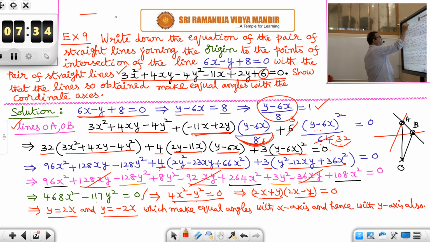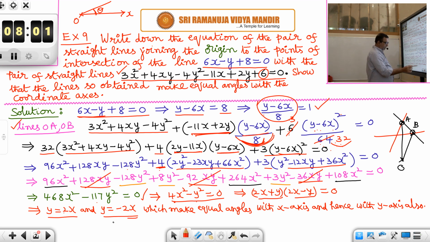So if the x-axis is like this, then y is equal to 2x. Suppose this is the origin. Y is equal to 2x will be like this. Slope 2. So y is equal to 2x will make an angle, what? Tan inverse 2, because tan theta is 2. It makes an angle tan inverse 2 with the x-axis, and it will be above the x-axis.